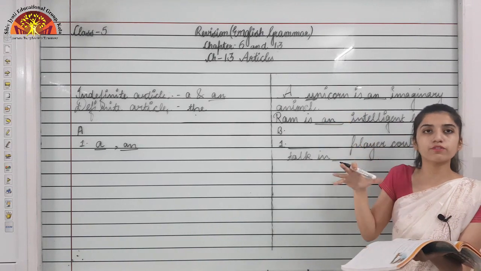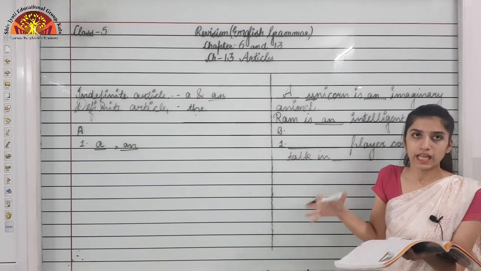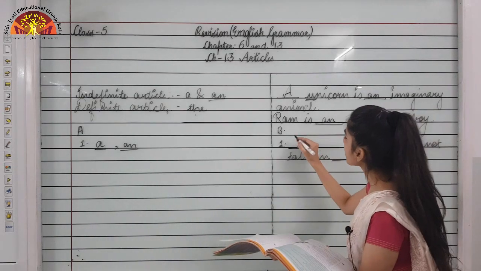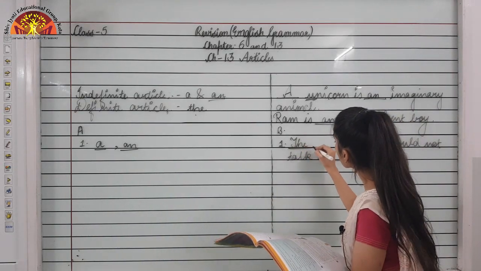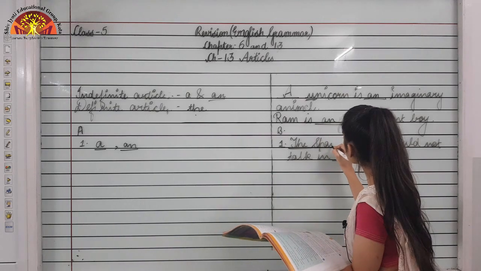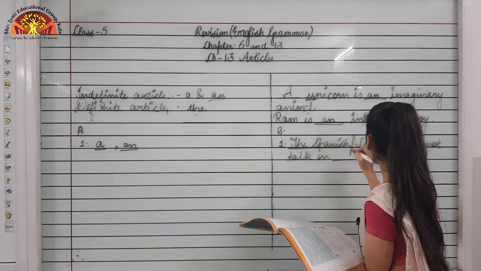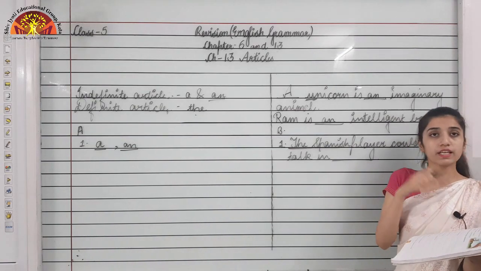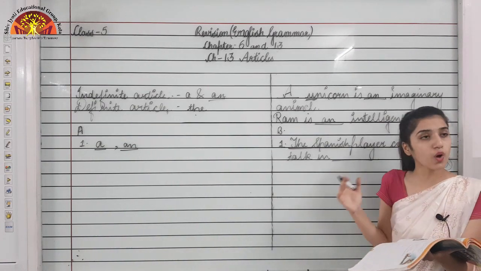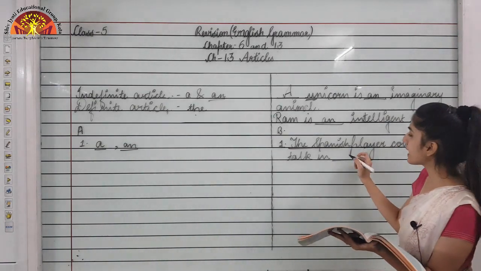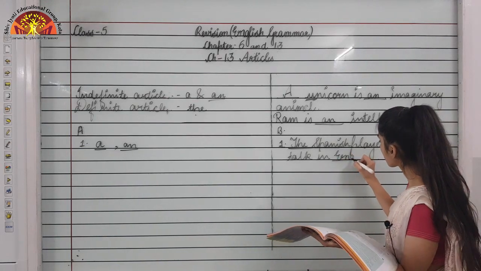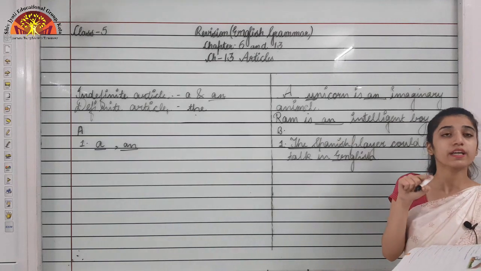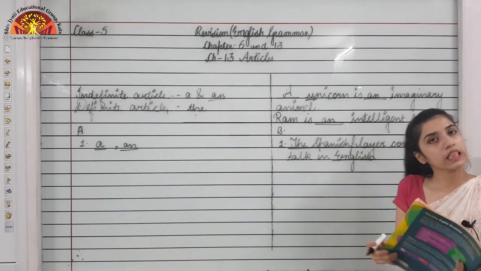Here we are talking about the name of the player, like name of the country's people, the people of the country. Like we are Indians, so we will use the Indians, okay. So that is why the Spanish will come, not Spanish, okay. The Spanish player could not talk in the English or English. With the names of languages we don't use what? The, okay. So only English will come. Could not talk in English, not the English, because with the names of languages we don't use the, okay.